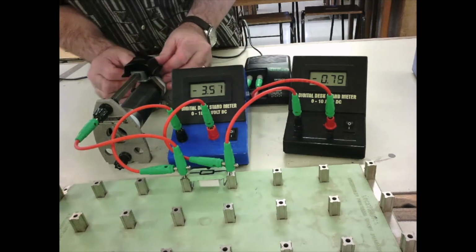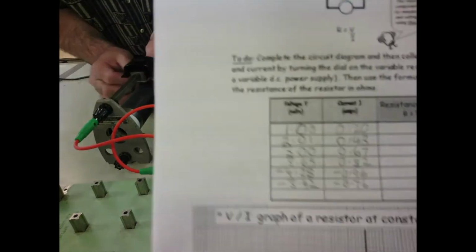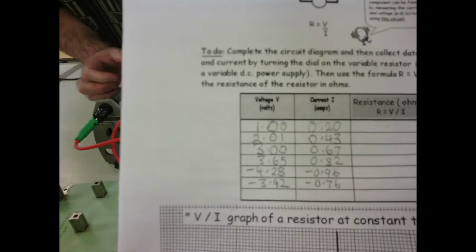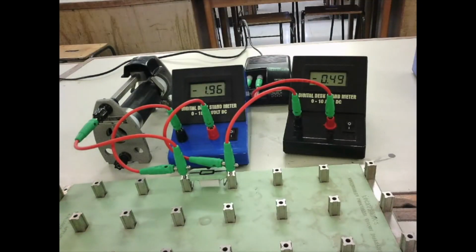And we'll take one final reading. As Sir's doing that, I'll just show you the table, which you need to have in your books. And here we've got one final reading. Oh, well done, sir. We've got minus 1.99 and minus 0.45. Okay, so what you need to do now is use those values we have there, fill in